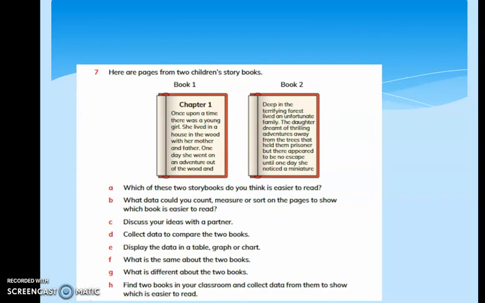Here are pages from 2 children's storybooks. Which of these 2 storybooks do you think is easier to read? So I feel book 1 is easier to read. It is not necessary that it is always book 1. Some of you may find it easier to read book 2, but